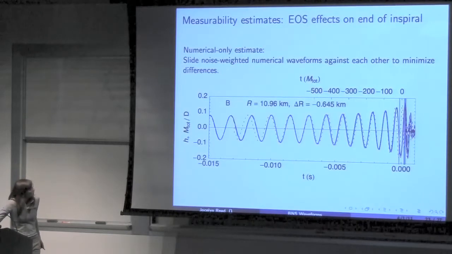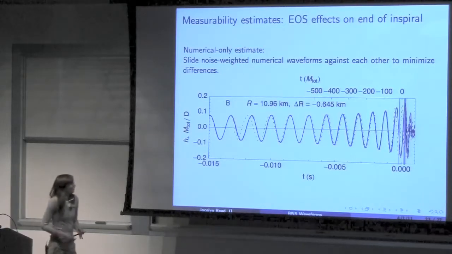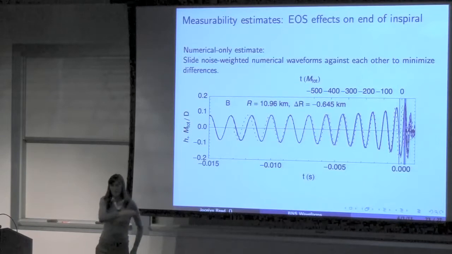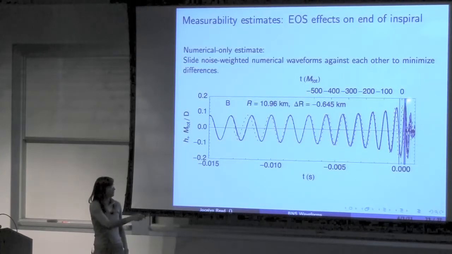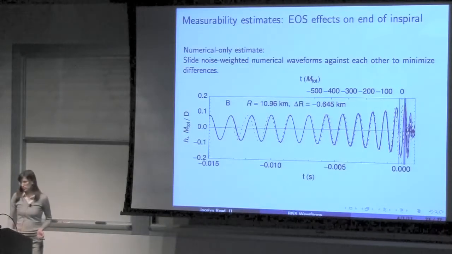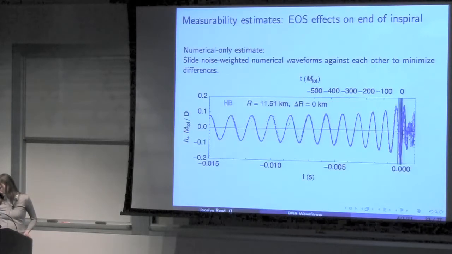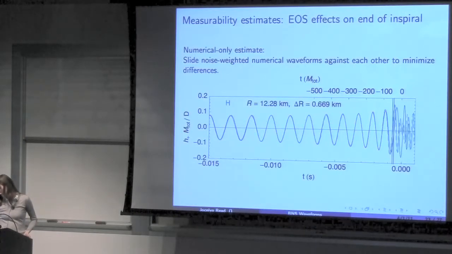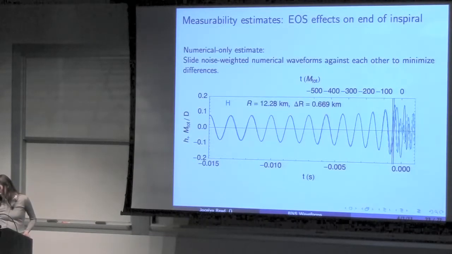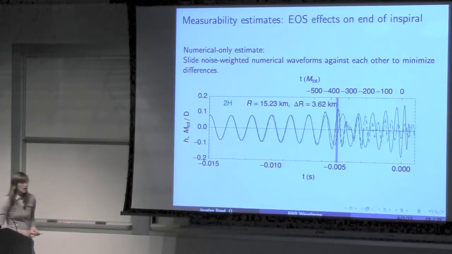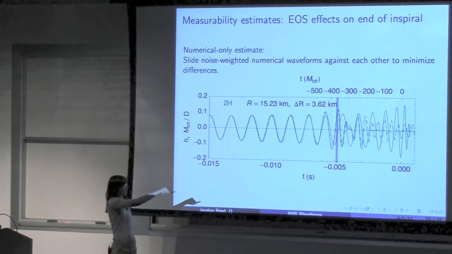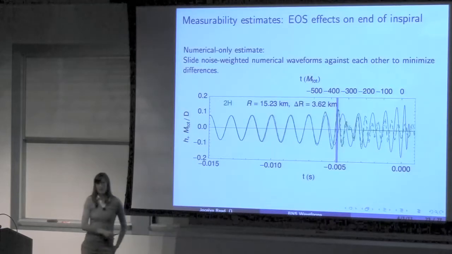Then you can see what happens if you do the, so this is actually a really low one, ignore that. If you look at the smaller radius, the best you can do is still shifted a bit further away. That seems pretty trivial, but you get a larger effect if you look at a larger radius object. So H, and particularly 2H, the best you can do still has this peak amplitude time significantly before the peak amplitude of your reference